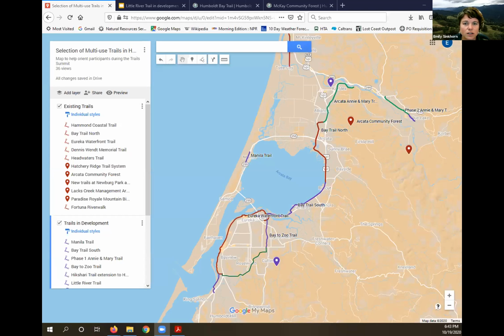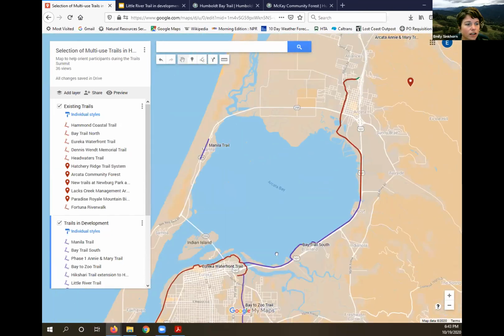Great, so I just wanted to at least have some trails on a rough map so we can see how things connect. I zoomed into the Humboldt Bay area and just want to show in red our existing trails, the Arcata Humboldt Bay Trail North and the Arcata City Trail, and then the Eureka Waterfront Trail. And as we all have been really excited for the completion of the final 4 miles, the county